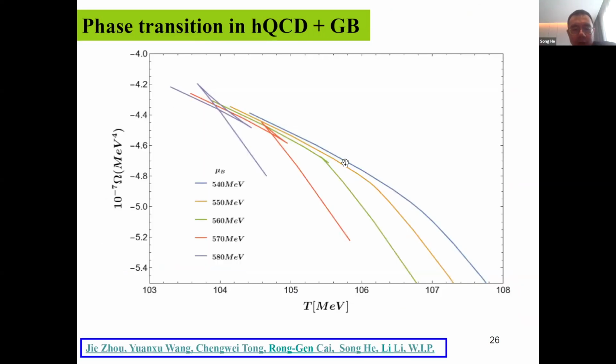And then you can study the phase transition. You can slightly decrease the baryon number chemical potential. You can find that this is the so-called free energy. The free energy shows the swallowtail behavior. This is a strong insight telling you this point corresponds to the first order phase transition,